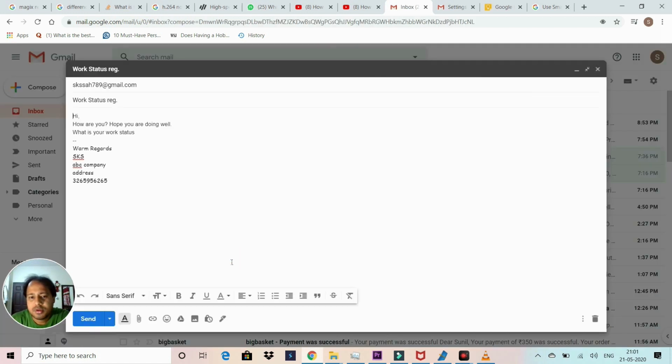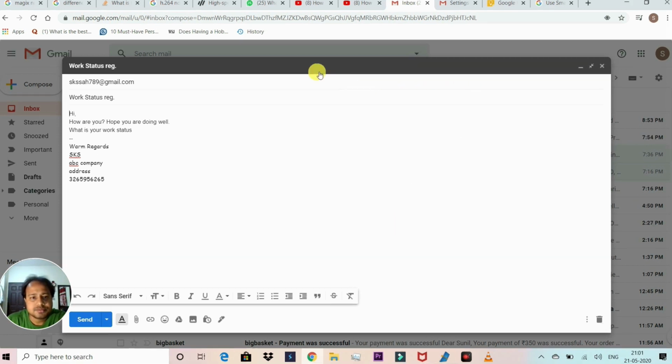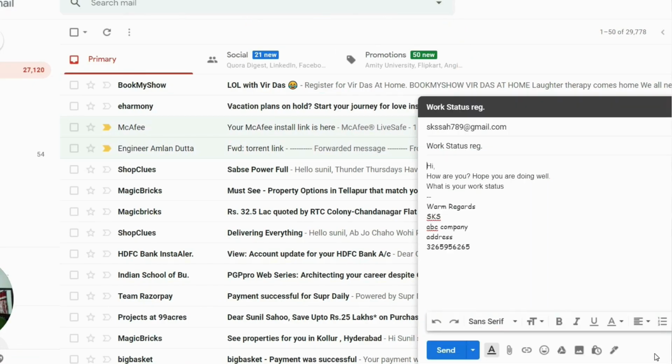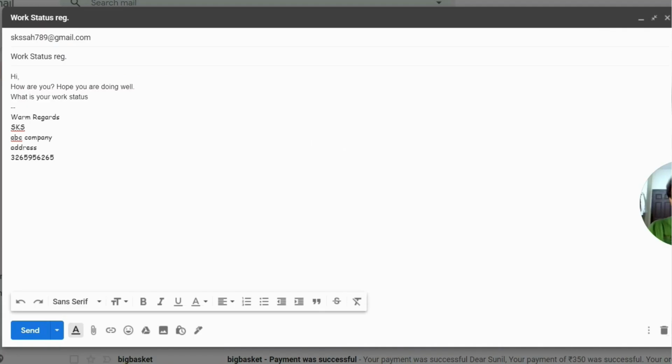So here you can see, well, for example, this is the mail I regularly write to my office mates, like hi, how are you, hope you're doing well, what is the work status. So instead of writing it over and over again every day, I would rather make it as a template here. So once I make it as a template, I can easily send all my friends or colleagues with one click instead of writing it completely. So it could be just two lines, for example, but it could be a paragraph,